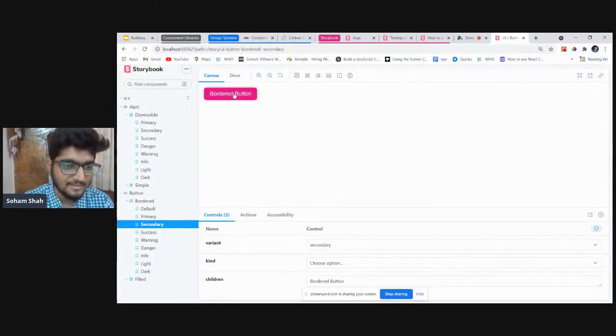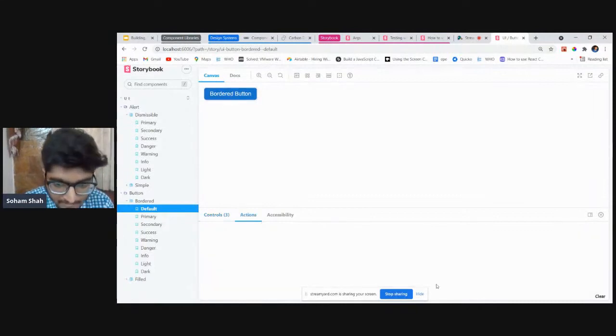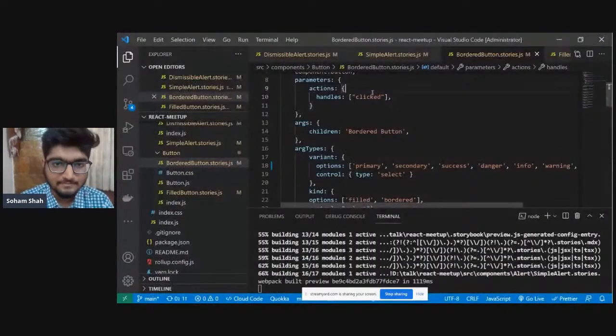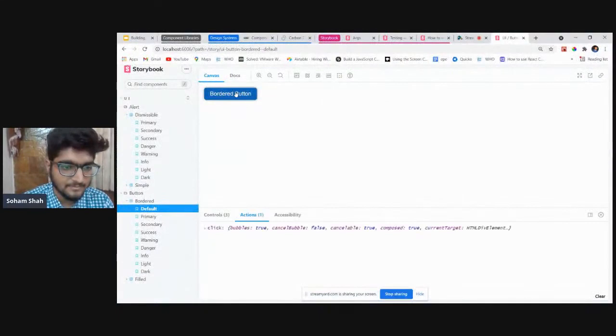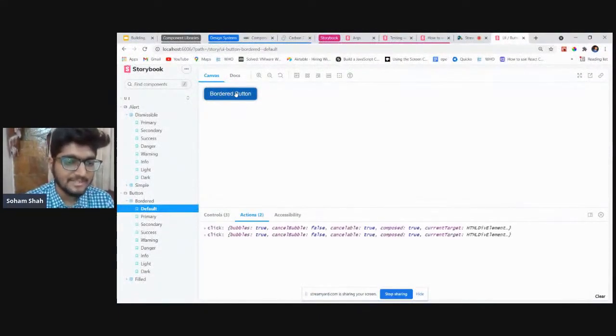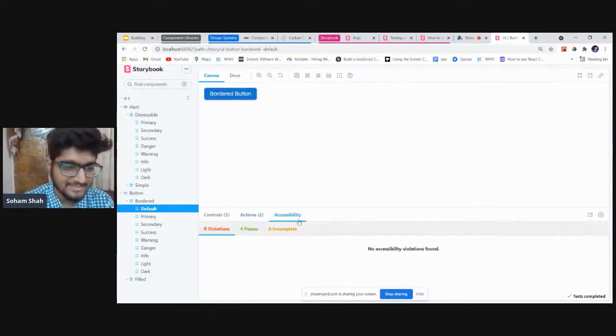So when I click on this, let's see. Yeah, it was click. When I click on this, it is going to be triggering an action, so it actually shows that it is clicked. This might be useful for debugging. This is a very simple example, but probably if we have a modal and we have a cross button, so if you want to handle that particular part, we also can do it. And I find this particular part very exciting, accessibility check directly in the storybook.